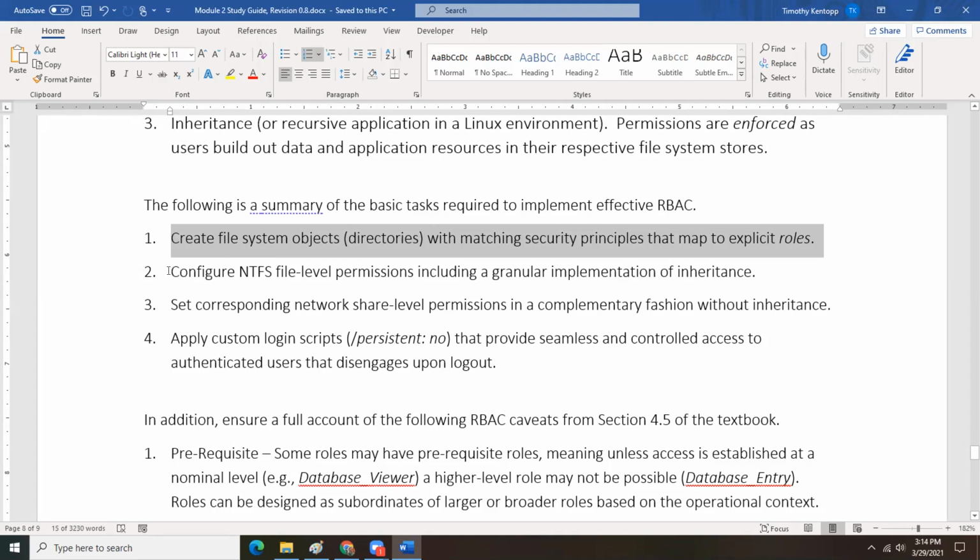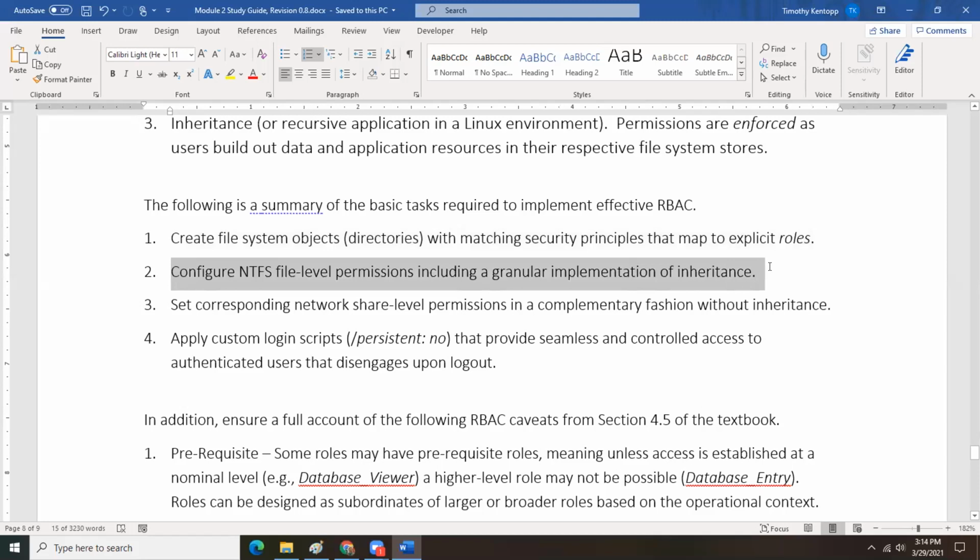We configured the NTFS file level permissions, including a granular implementation of inheritance. So we set up a series of permission changes, starting with the root directory for the project or for the class, and then we turned on and turned off inheritance at different levels, so that basically